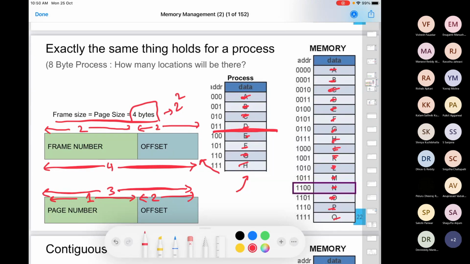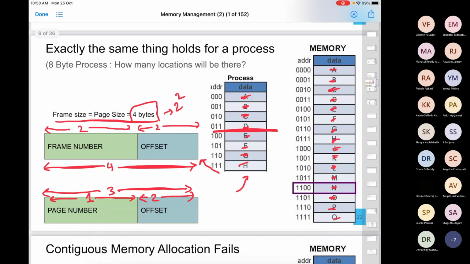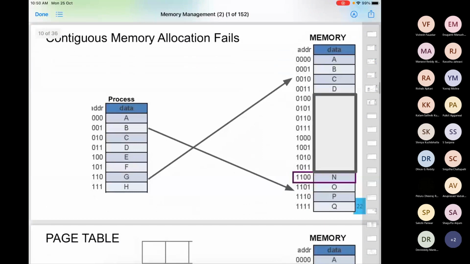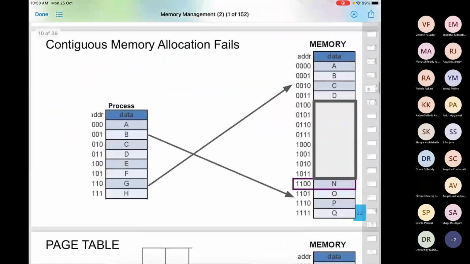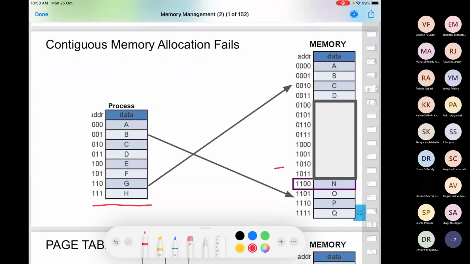Okay, so we have now divided memory into certain frames. We have now divided the process into certain pages. What are we going to do next? Consider this, and forget these arrows as of now. Assume that this is a process which I want to load in the memory, and this is my main memory. Let's say the process has 2 pages, assuming each page and each frame is 4 bytes. Similarly, your memory will have 4 frames in this particular case. Now you should see why contiguous memory allocation fails here if we do not do paging. So assume that all this part of memory is occupied by some other processes.